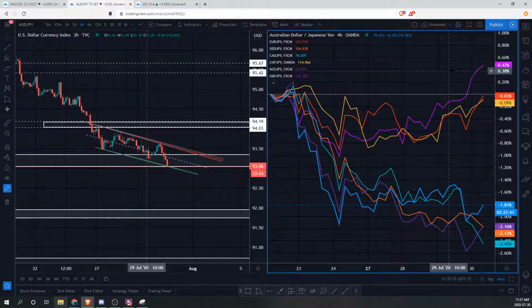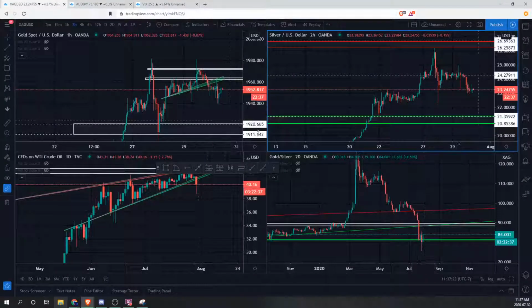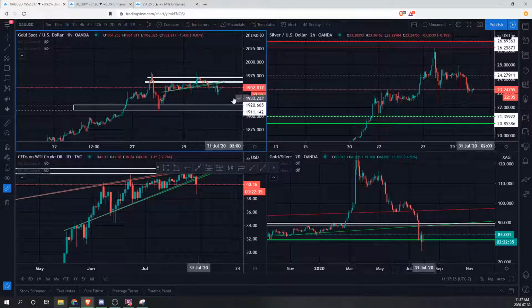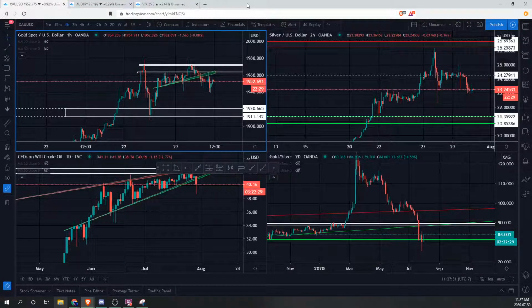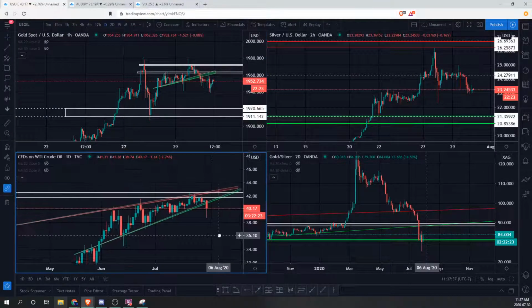But we will see. Someone says, which stock is this? So we're looking at currencies right now. And then the next on the list that we're going to be looking at is commodities. So we'll look at the gold and silver ratio really quickly. We'll touch on it. And then we'll look at gold, and then we'll look at silver. And then we're going to touch on crude oil, which actually looked like it